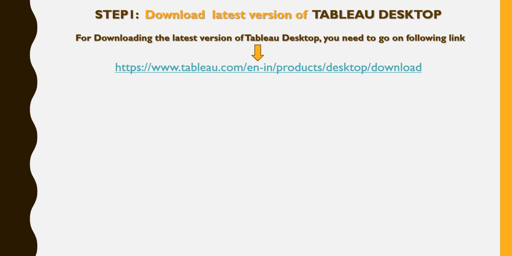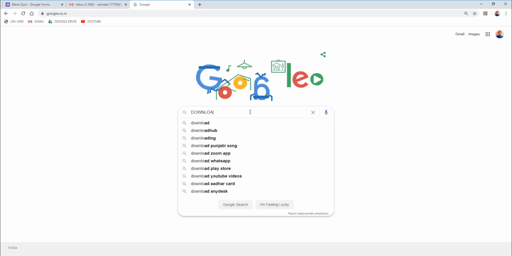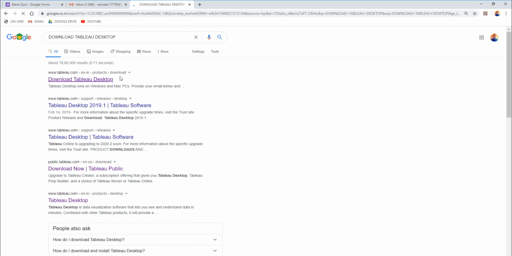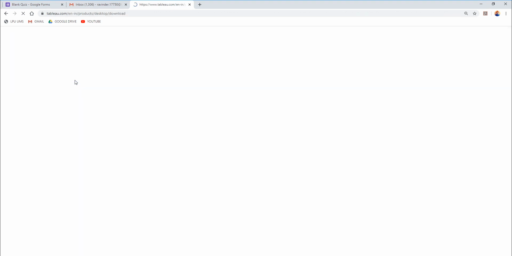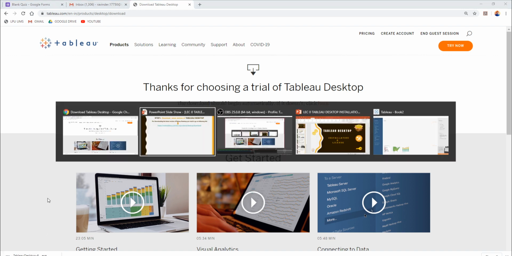Either you can click on this link or you can go to Google and write there, download Tableau Desktop, and you will be directly moved to a link on tableau.com, where when you click over it, your Tableau download will start. See, this will start downloading here, Tableau Desktop. So it will automatically download the latest version of Tableau Desktop on your laptops or on your PCs.